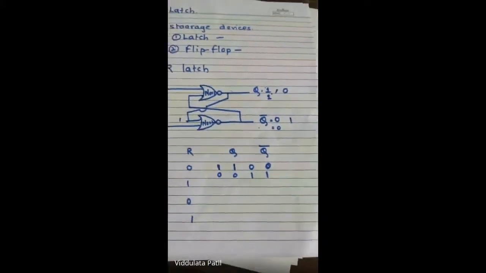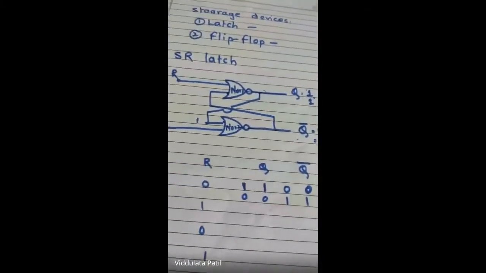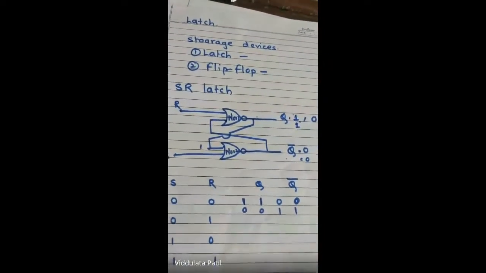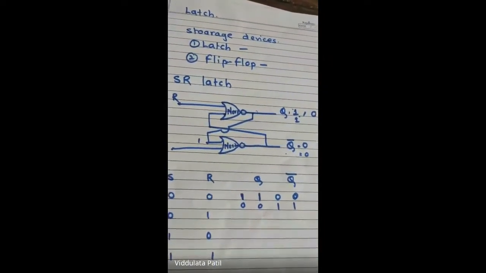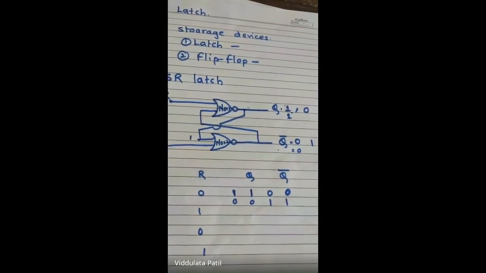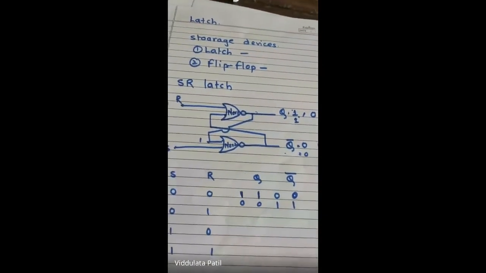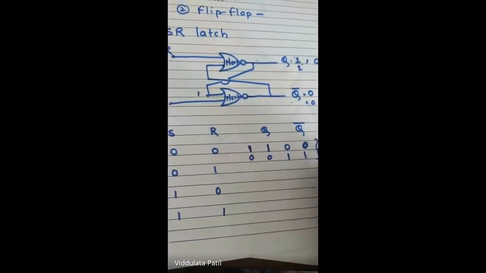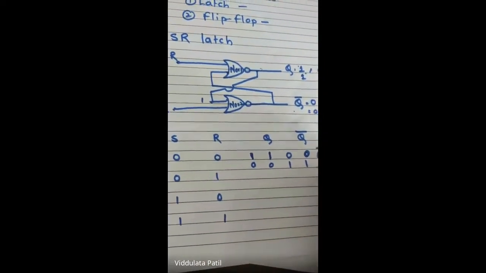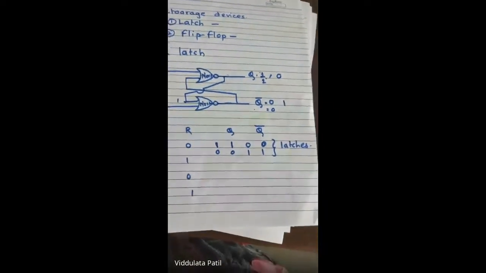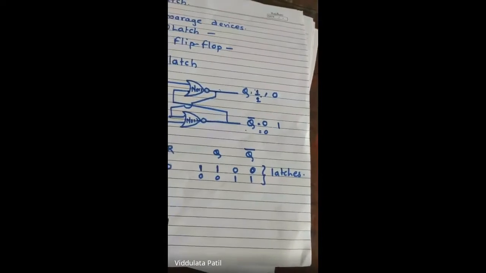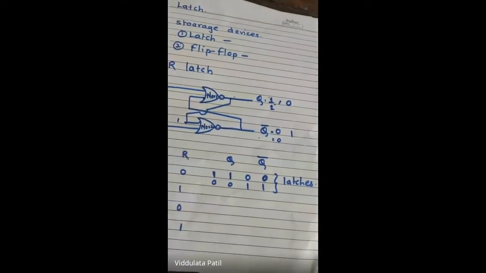Okay, yes, it will be 0 and 1. That means in an SR flip flop, if both the inputs are 0 0, then we will get the same output as in the earlier state, that means it latches the output. So here it is latching the output, or it is holding whatever output is present in that circuit.